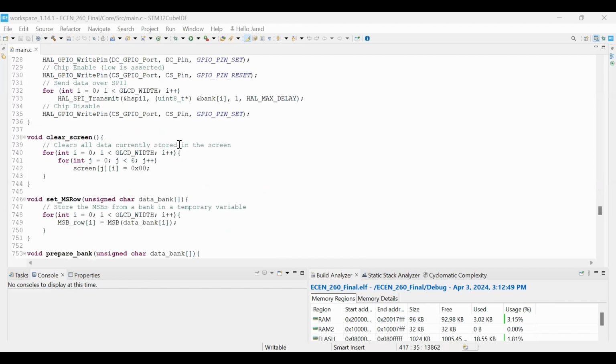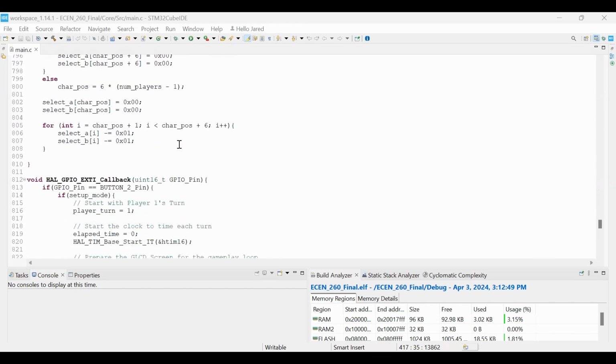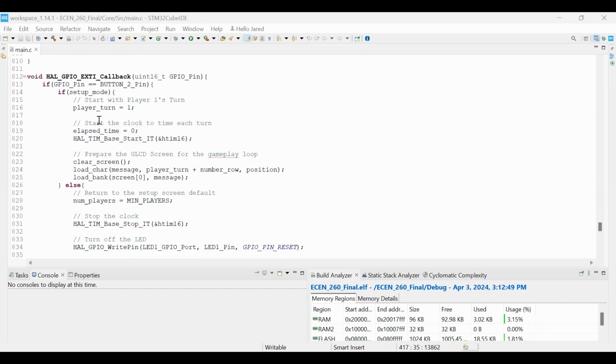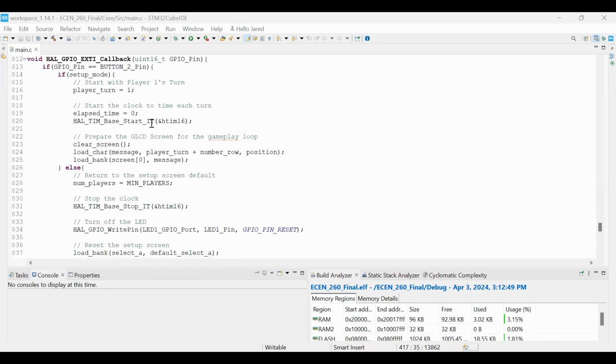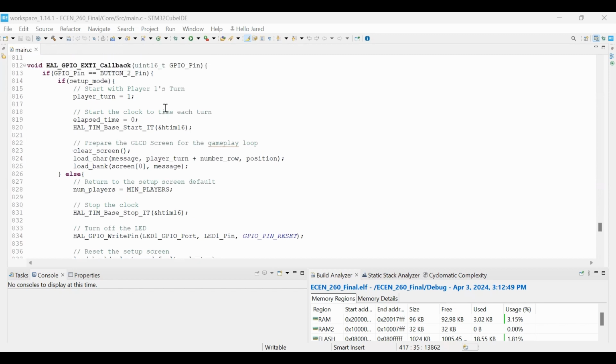Moving downward, we can see what the interrupts do in the project. I have two buttons. There's a button on the board, which is this button 2. What it takes care of is setting the mode of the game. It'll either be in setup mode or not. And if the board is already in setup mode,